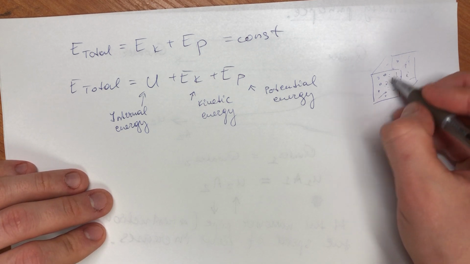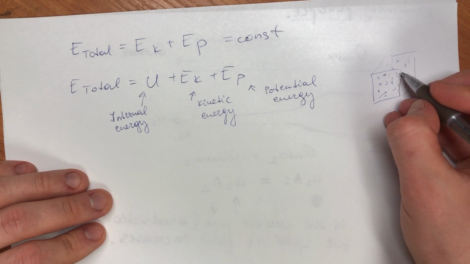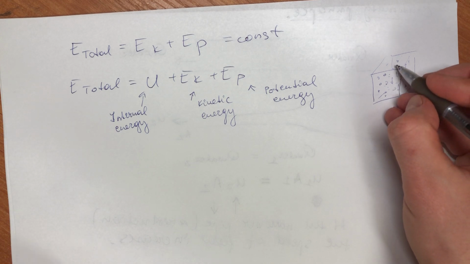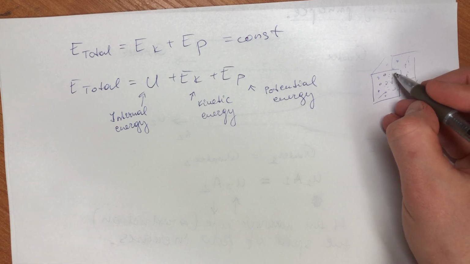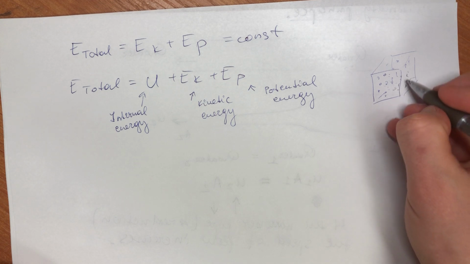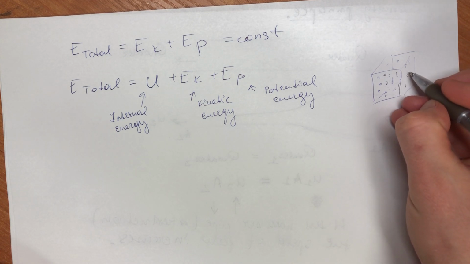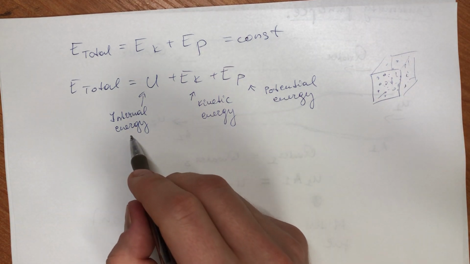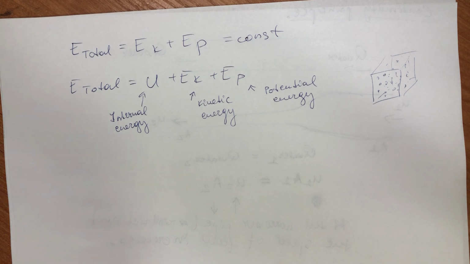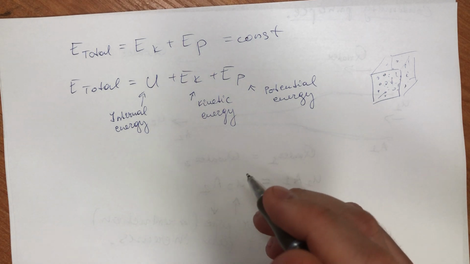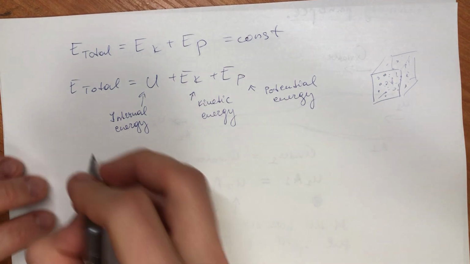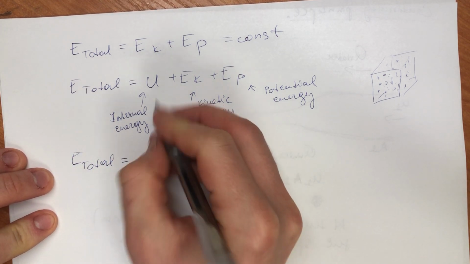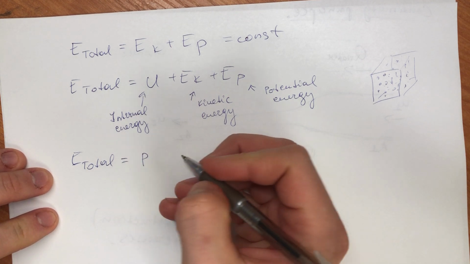So they have energy inside them, because if we burn them we can obtain some work. So the material itself has some kind of energy. Also this box has some kind of energy, because it's solid, we can burn it. So this is internal energy. We'll deal with it a bit more in thermodynamics, but what I wanted to show is that this E total can be written in terms of internal energy, and can be written as